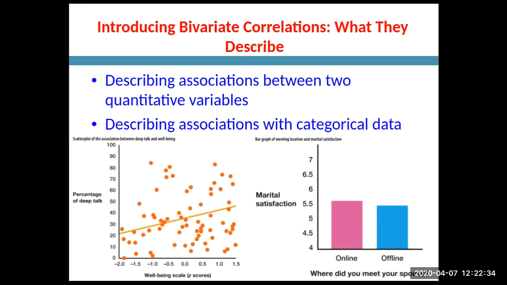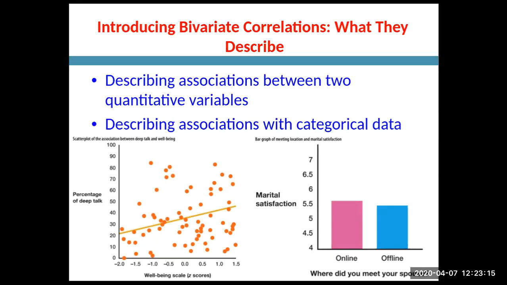Anyways, back to this. I crave deep talk, and what this is showing is that there is a positive correlation between well-being, how happy you are, and what percentage of your conversations are more than just, hey, how's it going? How are we doing? How are the wife and kids? And more meaningful conversation. It may not be a huge correlation, but you do see an upward trending slope of a line. So the happier people report to be, the higher the percentage of their conversations that are deeper than a regular, just, hey, let's catch up sometime.